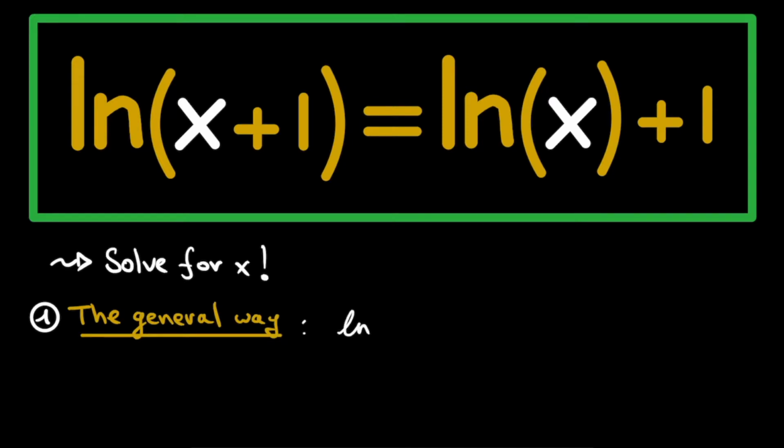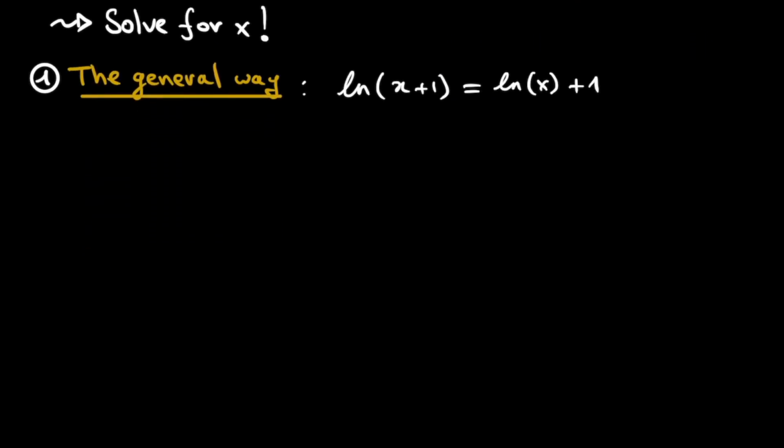Let me first rewrite it. So we have the ln of 1 plus x, which has to be equal to the ln of x plus 1. The first step in doing so is to get all of the expressions with a logarithm to one side of the equality sign, in this case to the left side. So we have the logarithm of x plus 1, which was already here, minus the logarithm of x is equal